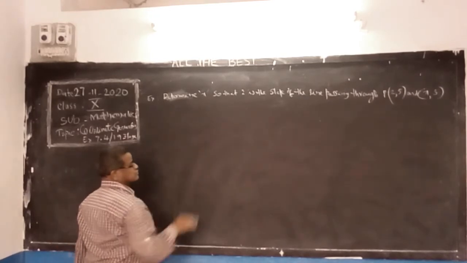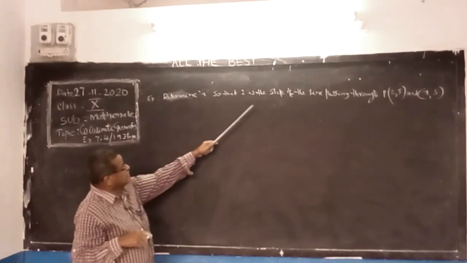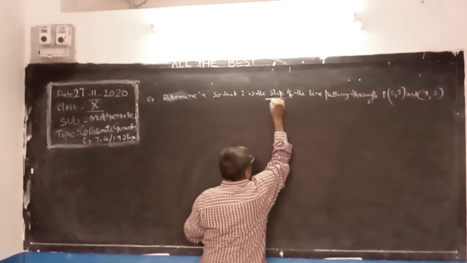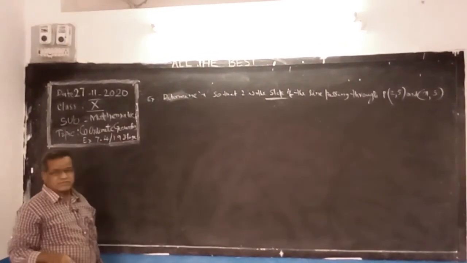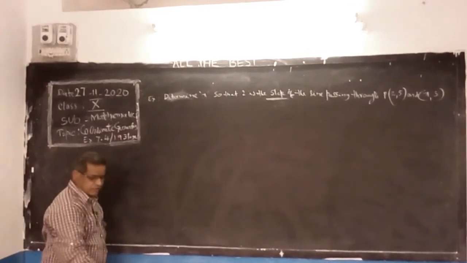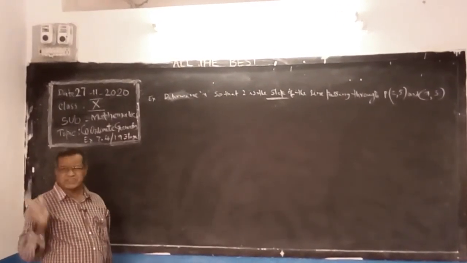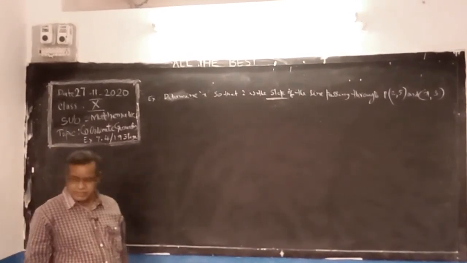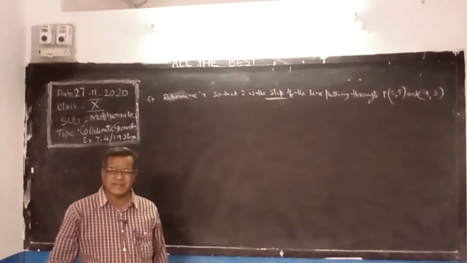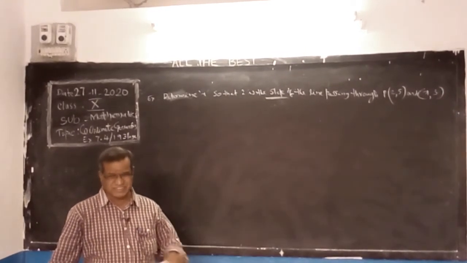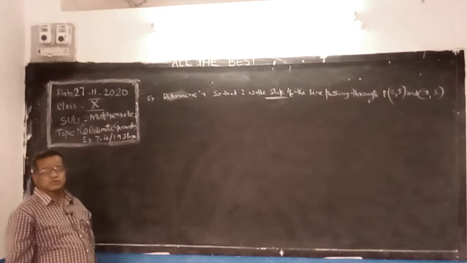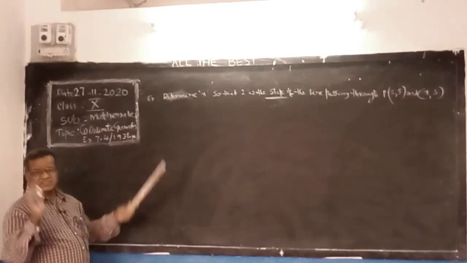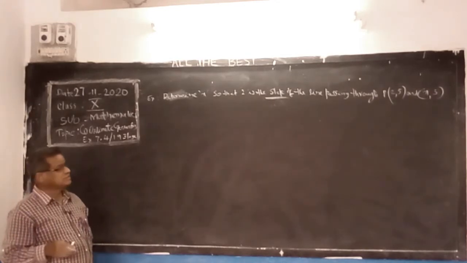Simply substitute in the formula. Whenever slope is given, apply the slope formula. If the area of the triangle is given, apply the area of the triangle formula. That's all. Midpoint formula, centroid formula, finding distance, finding length: length belongs to the distance formula. So by thinking that, you write the formula and substitute.